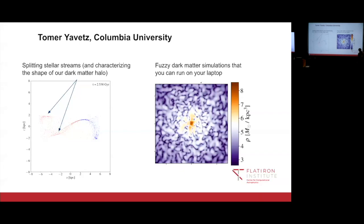You first. Okay. What are you doing with the simulating of the fuzzy dark matter? Are you simulating like subhalo development? That's one thing we can simulate, and we're actually thinking of it. Generally, fuzzy dark matter is hard to simulate because you're dealing with a quantum mechanical being, which means you always have to resolve down to the de Broglie wavelength. And the bigger, more massive the halo, the smaller the de Broglie wavelength. So if you want to simulate the Milky Way, you actually